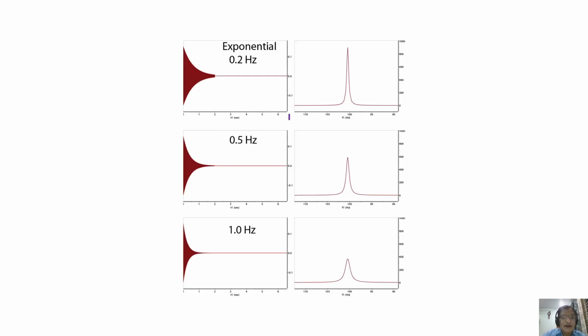Look at this one. This is a classic example. You can see this is an exponentially decaying signal, and the exponential function line width is 0.2 hertz. If you do that for this signal, you are going to get a peak like this. Same, multiply by 0.5. This is a real time domain signal, it is truncated. Multiply by 0.2 hertz, you get a peak like this with a certain line width. The same signal multiplied by 0.5 hertz.